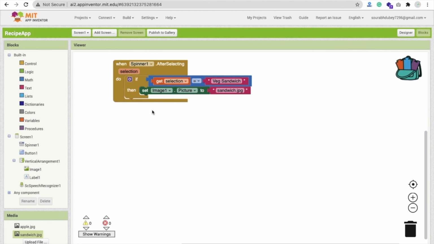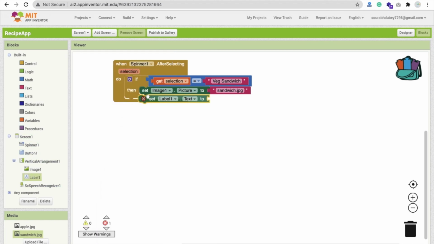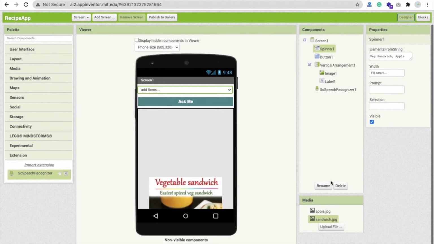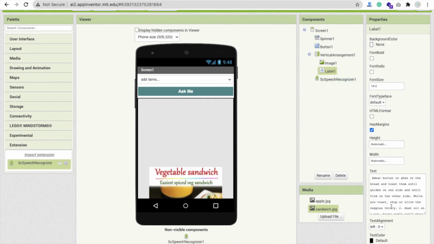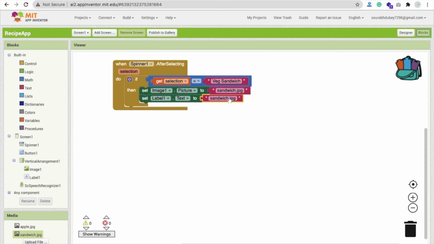Okay, and then text, click on label, and you will find set label dot text, this one, and the text. To copy from any other thing, like I'm going to go to label and just copy this whole content, go to the blog and just paste it here. Okay, that's my sandwich